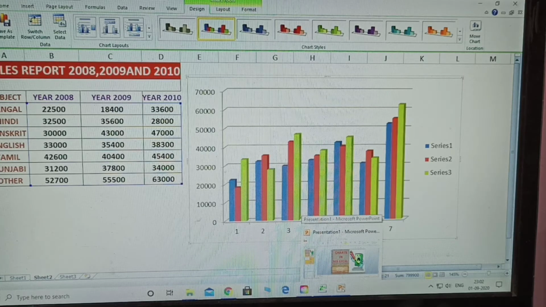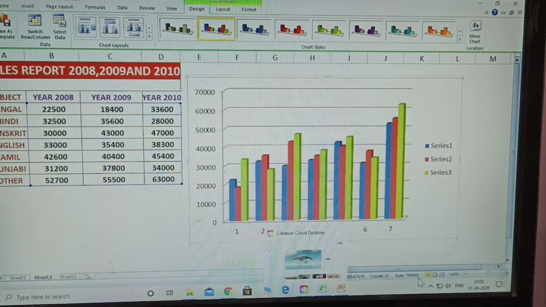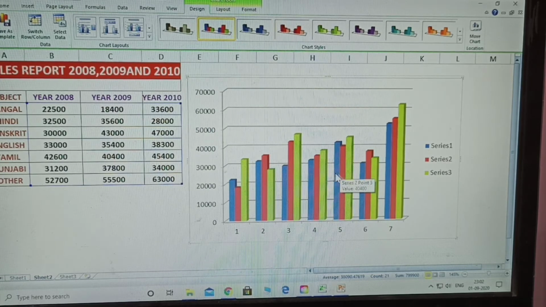Data series I have explained, which is the data chart, data plot, and the previous class I explained. Once you saw that, now I explained the series. There are 3 series: 2008, 2009, 2010. Okay, the 3 series are explained. How to modify the colors was also explained in the previous video.